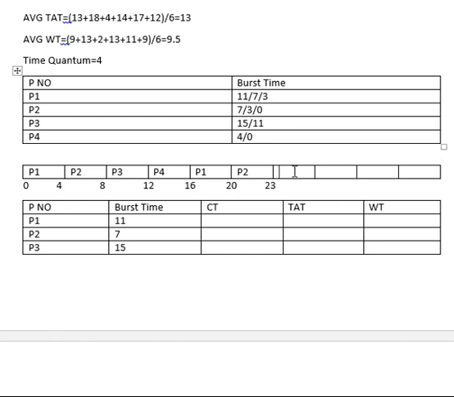The next one that we have is P3. P3 is 11 is the requirement, so 11 minus 4 will be 7, so 23 plus 4 would be 27. So the next process P4 has already finished, so again we should be going back, and P1 is also still pending, so I'll just place here P1, and 3 is the requirement, so we will be allocating the process entirely, so 27 plus 3 will be 30.